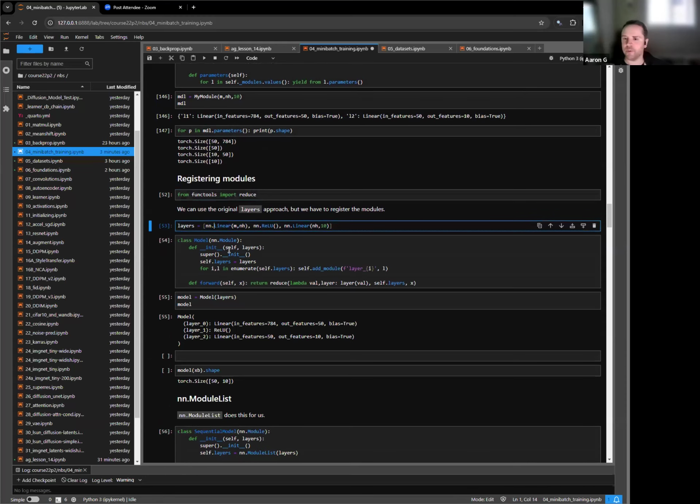And then we move on to what he's calling registering the modules. Really, I see this as the more flexible way to add layers, right? You don't want that to be hard coded in your class. You want to be able to put any number of layers in your neural network. So what he's doing here is just saying, here's a list: linear, then do the ReLU, then another linear layer